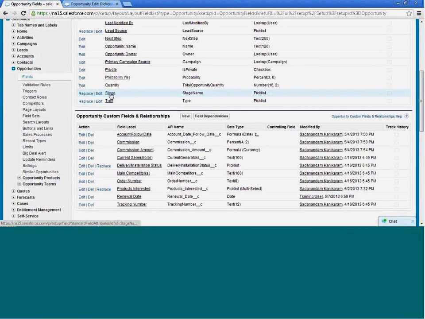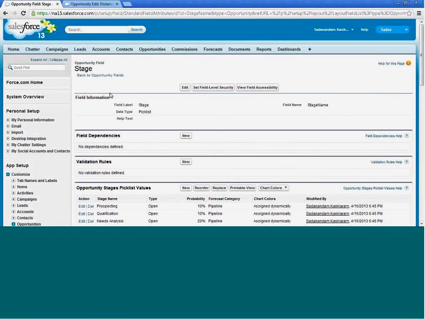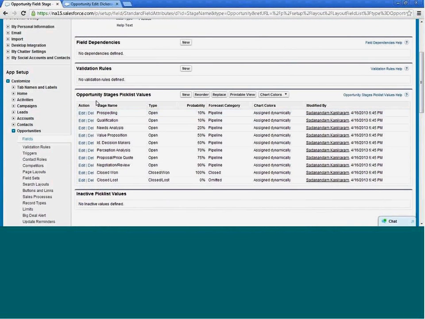So I'm doing it for the stage, stage link, then use all the available values as of now. It has all the probability associated and forecast category, whether it's pipeline or